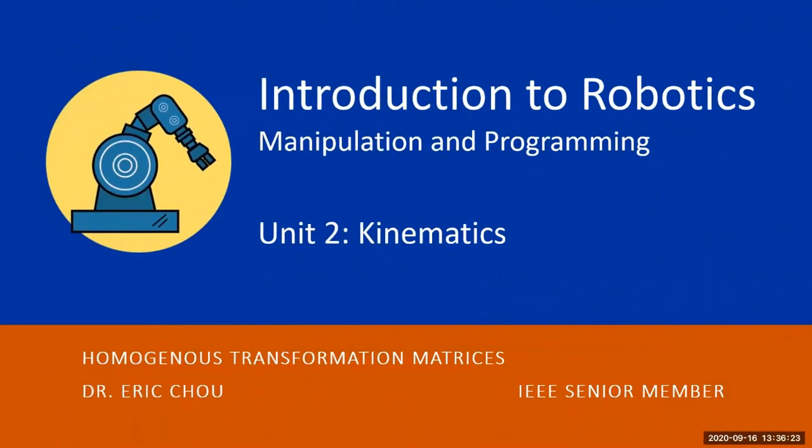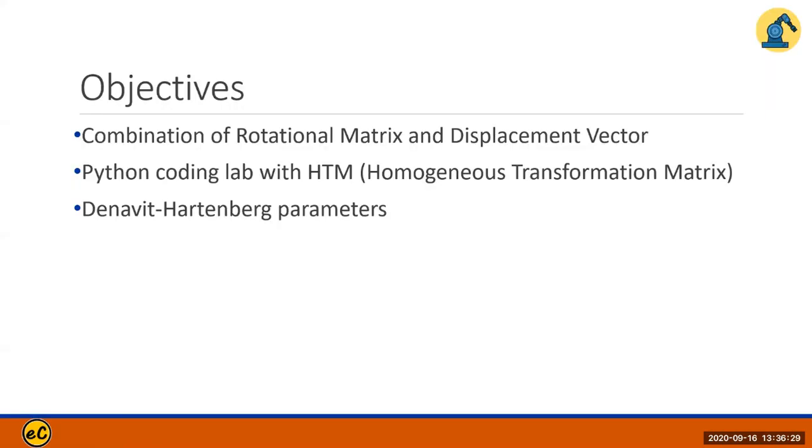Now we are on the lab, Unit 2, Kinematics, Homogeneous Transformation Matrix. Objective: combination of rotational matrix and displacement vector. So here, this one is a very important lab. We are going to combine the rotational matrix and displacement vector, and we put it as a homogeneous transformation